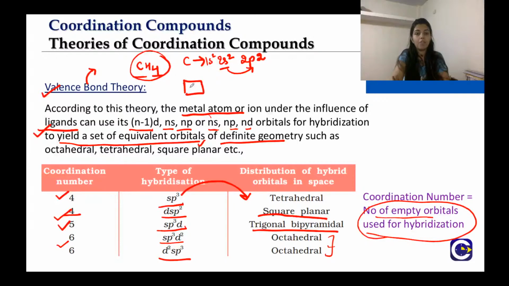So this will become what? 2s1. We will not involve 1s2 in hybridization. Why? Because it is not the valence shell, right? The valence shell is only orbit number 2. So 2s1 and then this becomes 2p3. Now basically a covalent bond is made when